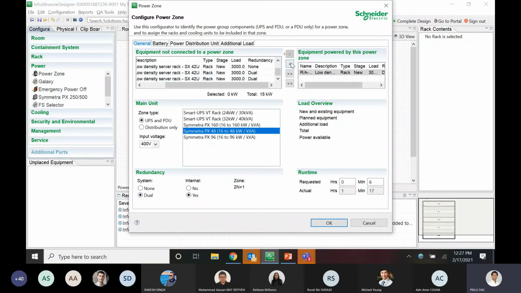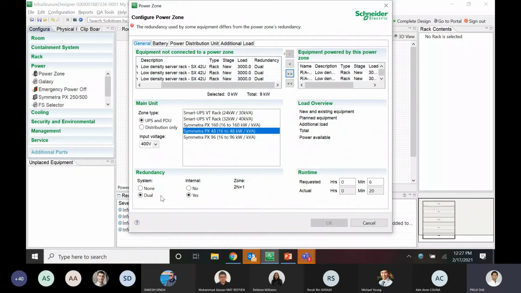But if I go for none, in the same way it says the redundancy used by equipment differs from the power. So basically, we are tackling all the scenarios where you have to select the correct systems for them to be powered by the UPS. Basically, this is a compatibility check that we are doing for the racks to be powered by the UPS.